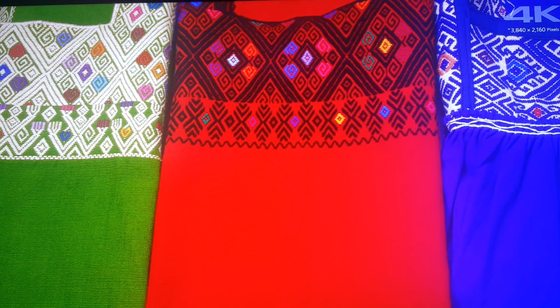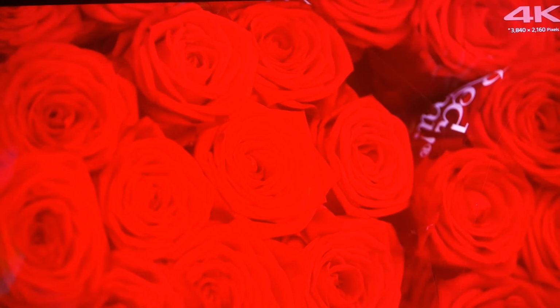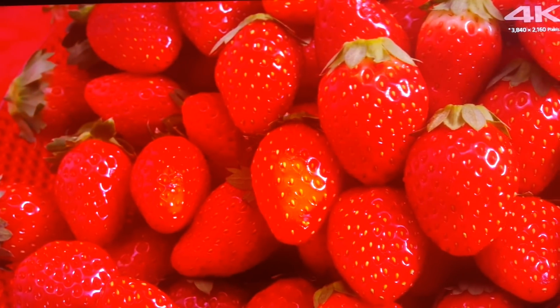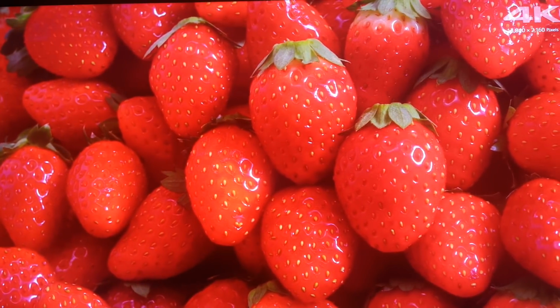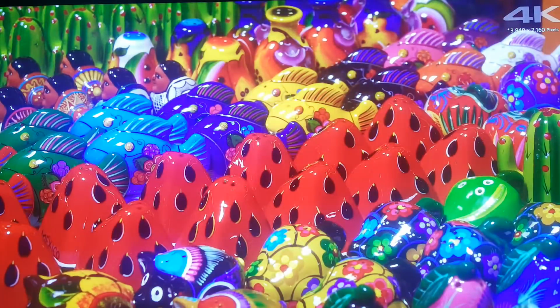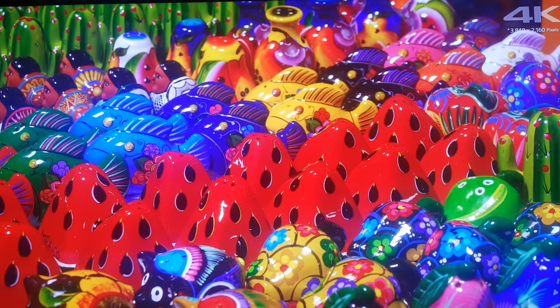Again, I was chasing the numbers, high peak brightness. I was chasing 1300 nits. I was chasing all these things. I didn't pay attention to the columns of light that showed up with the blooming. I didn't pay attention to those things. And to my own detriment, all the time and money I spent, I just started getting unreasonable in terms of